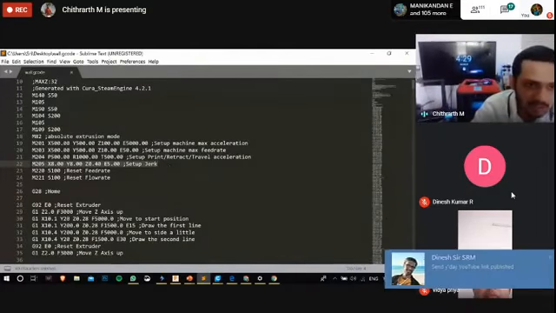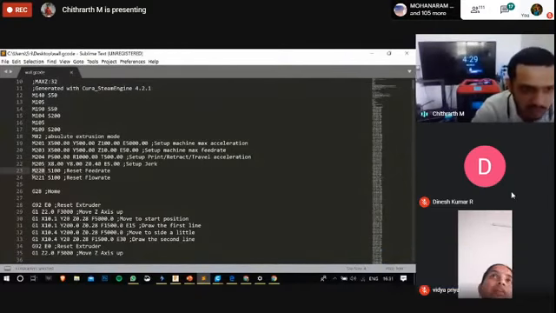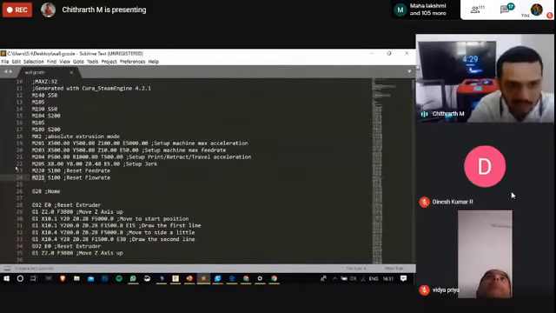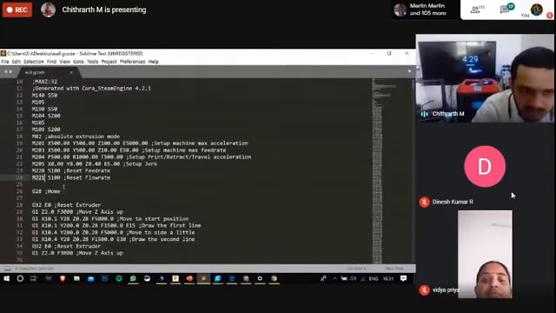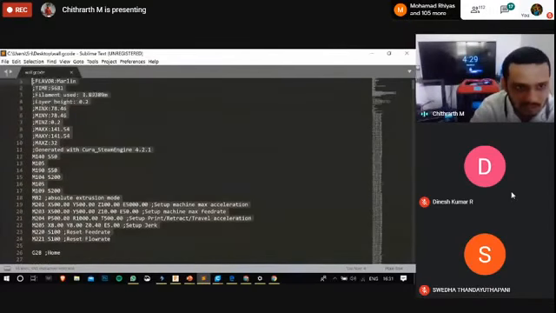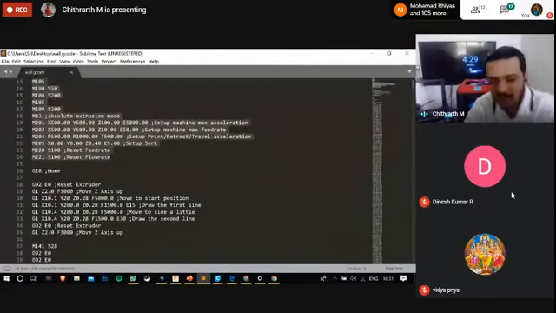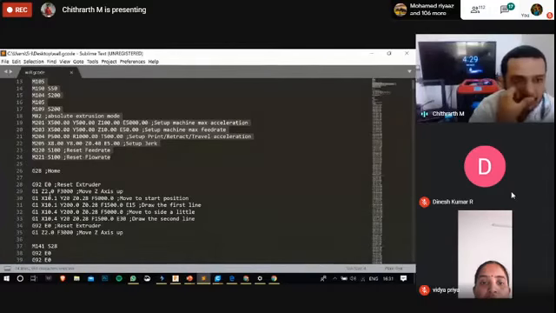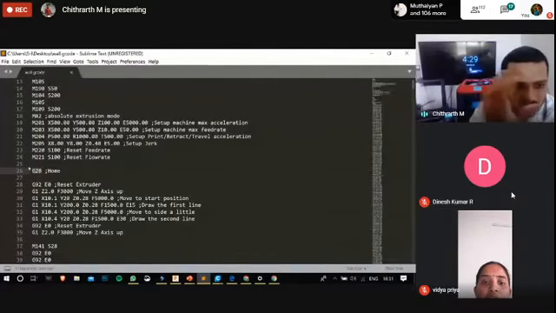And M220 is a command which is used to reset the feed rate, and M221 is a command which is used to reset the flow rate. So we are resetting the feed rate and flow rate just to clear out our registers. These are all the parameters, the instructions sent to the 3D printer on how to start working. Now let's get back to the actual fun part.